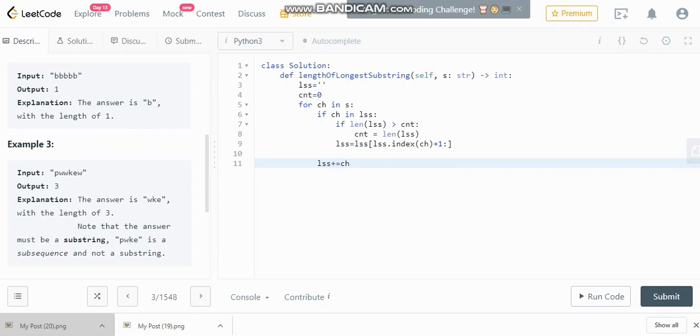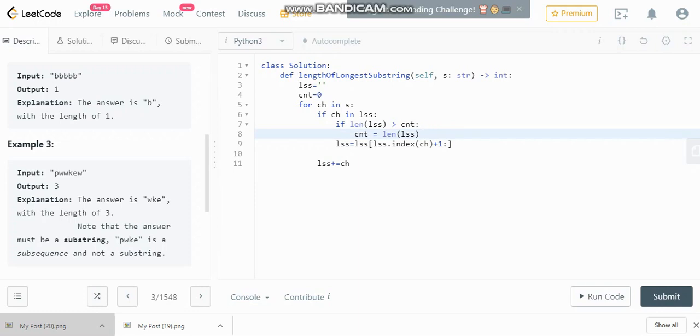Now there might be a case where we have stored the count of ABC, but in the last iteration another character D came, so the concatenation will happen and the new substring will be ABCD. But we will not be able to check that inside the for loop again, because the for loop is over now.